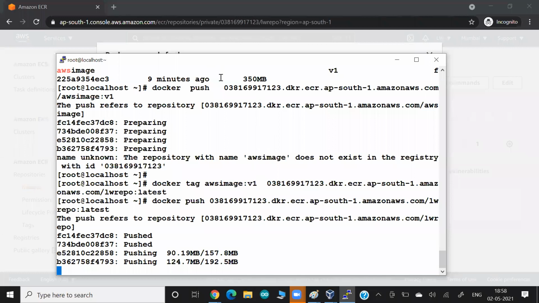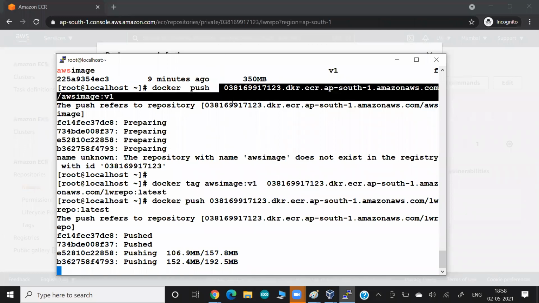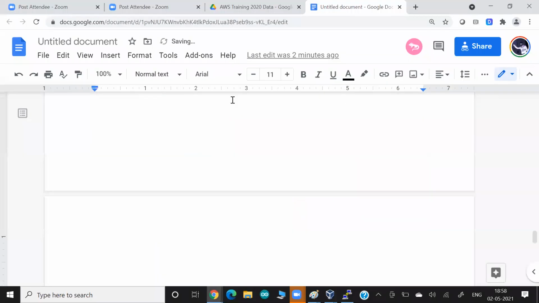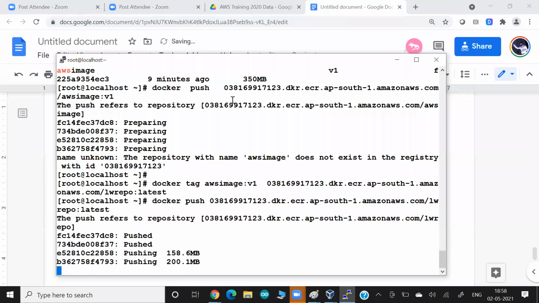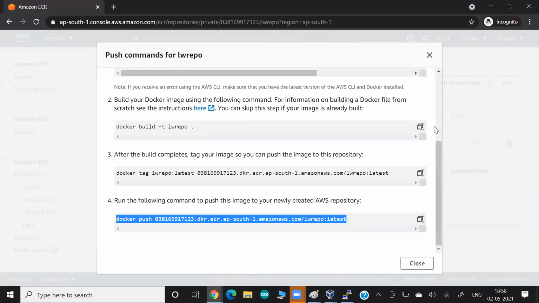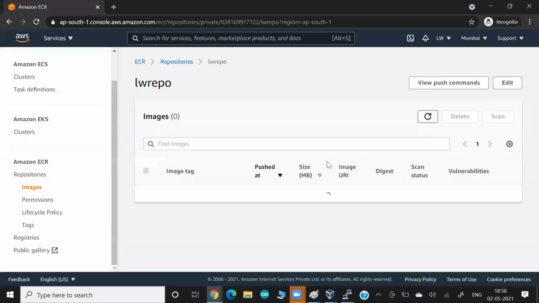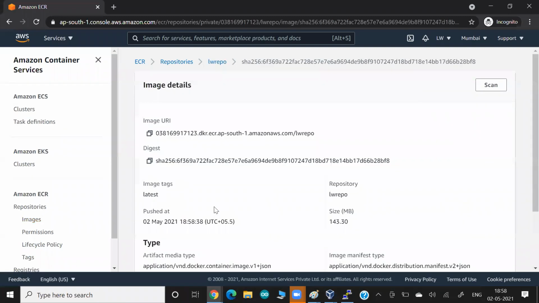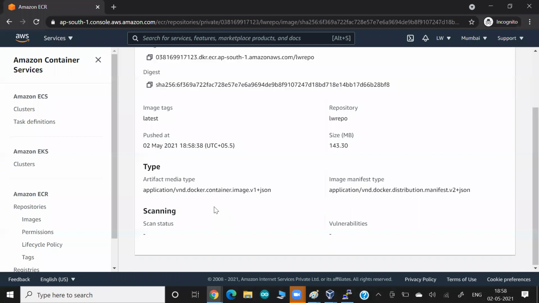Anybody who has this URL can download, but only if they have my password. So I provide my password to my team and they can download. Or if I make it public, anybody can download from here. So this image has been uploaded. How can we check? If I close this and refresh, you will see one more image come up with this particular tag that I uploaded. If I click here, it shows you the entire detail of this image,